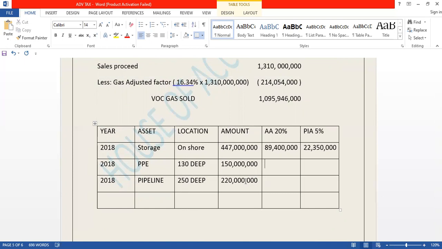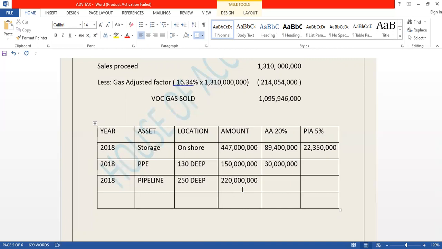Okay, so let's multiply the 20% on that. What do we get? If we use 20% on that, what do we get? 30 million. Yes. Okay, so we have 30 million